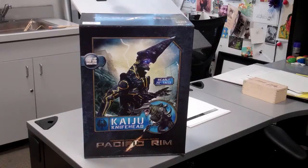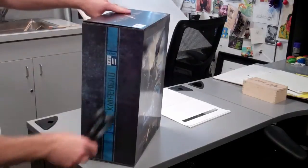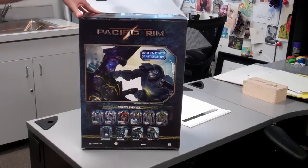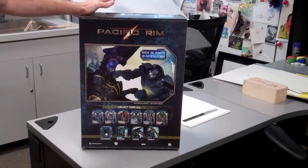Alright, so you're looking at the Pacific Rim Knifehead Kaiju. It's nearly 20 inches tall, at least that's what it says on the box. I'm fixing to cut this bad boy open. The box is pretty nice. I wish they had some kind of screen or something so that I could see what's inside without actually having to cut it open, but I bought this on clearance at